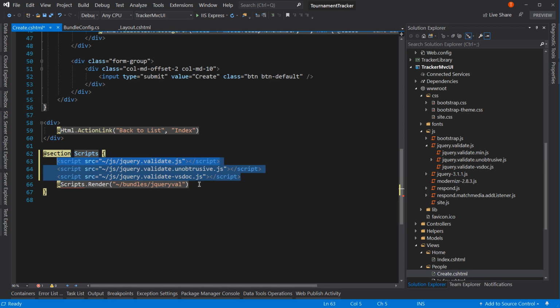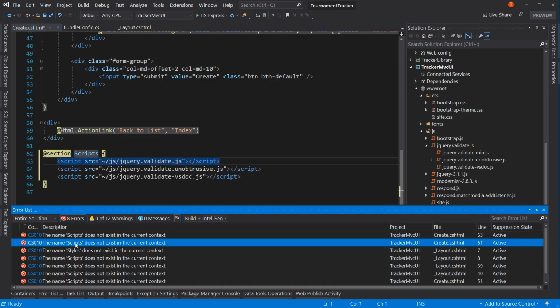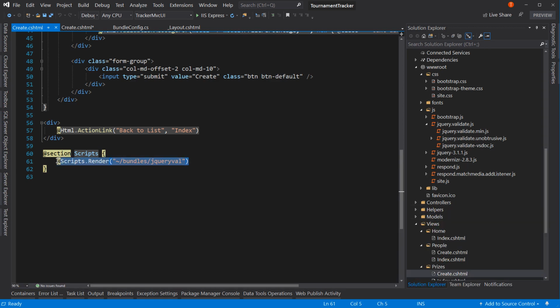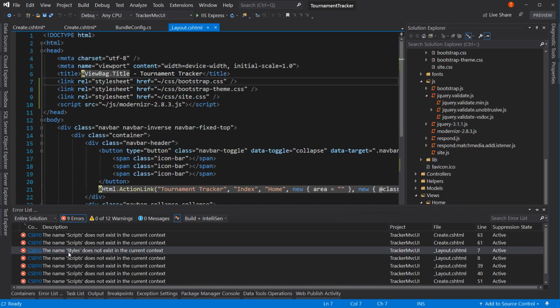So all three of those instead of this render the jQuery bundle. Now we can go back to our error list and look at the next one, paste in the rate values,